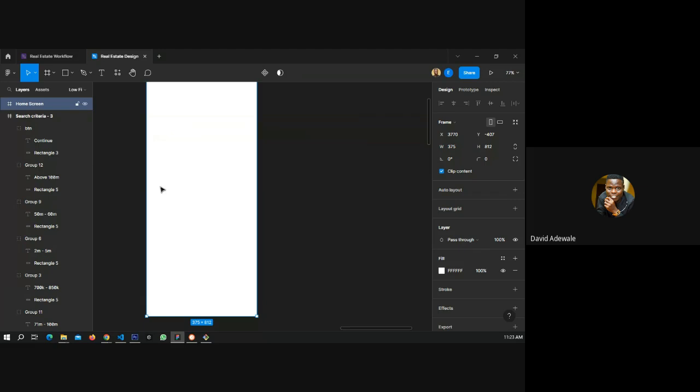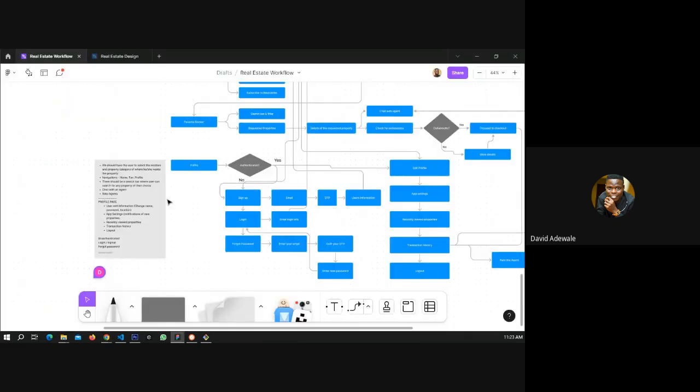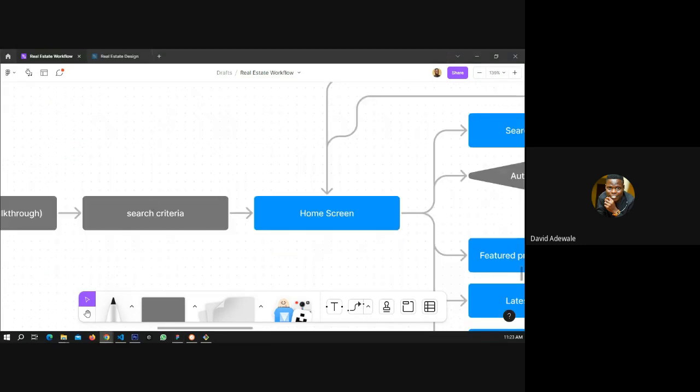You can adjust the length, but for now, it's the same as the dashboard. The home screen is just the same as where we land after the search criteria. So that is the dashboard.